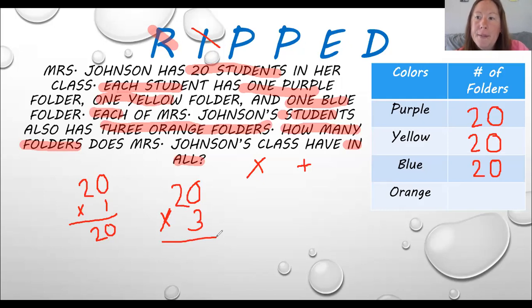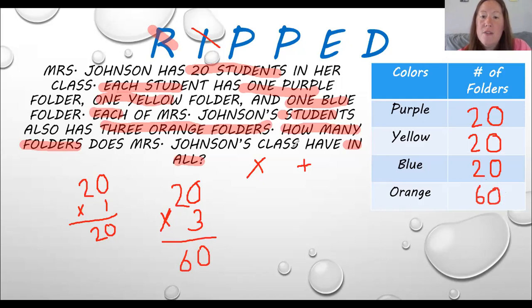Or, and I think this is where I'm going to go because I know you are all rock star Huskies. So let's take a look. 0 times 3. Well, that's the 0 property, and that tells me anything times 0 is 0. Well, that one was pretty easy. So now if I come over here and I go 3 times 2, well, I can skip count that. 2, 4, 6. I got that. You got this, right? So there are 60 orange folders in the class,